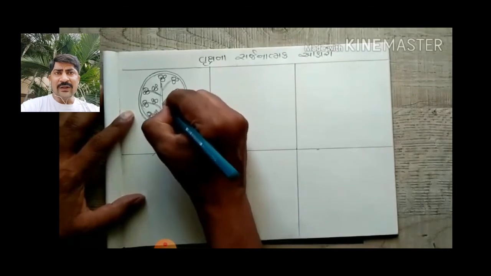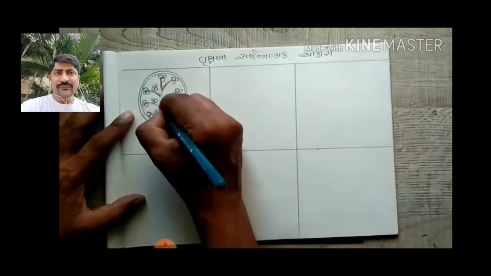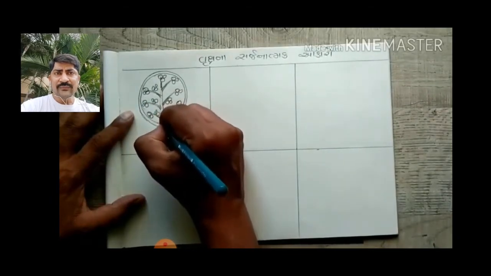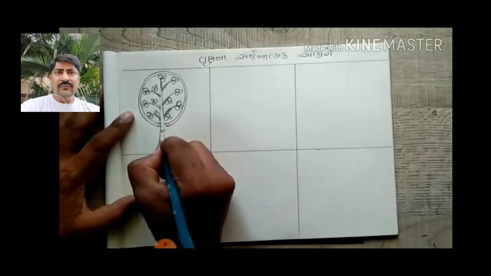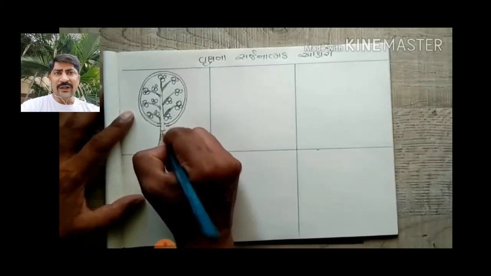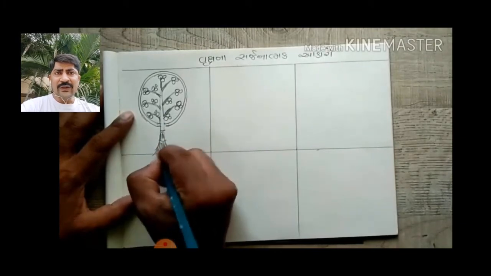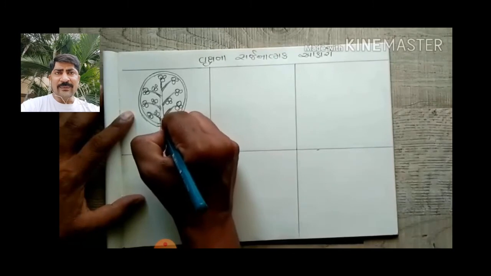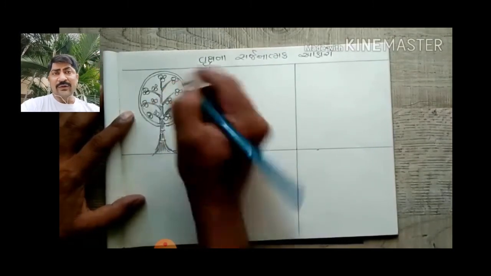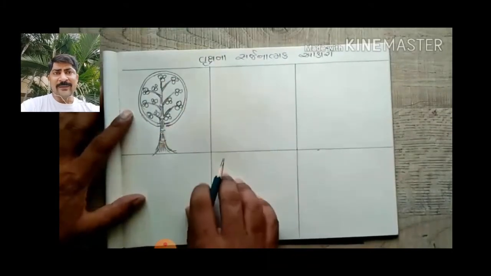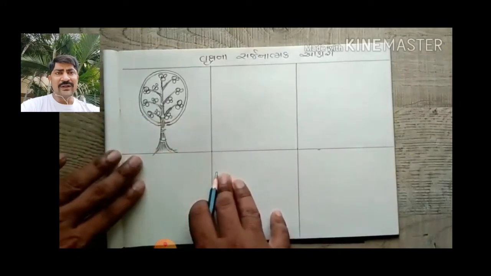Then you can fill dark color in the small branches also. Then texture in the trunk of the tree. So you can see how easily the first type of decorative tree is ready, and the trees which will be taught in this video, you will also get the idea that how to memorize that type of tree. Fine. So first one is ready.